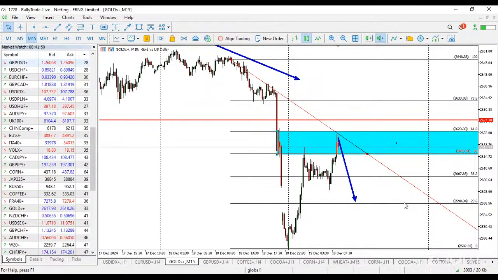So let me just give you like 30 seconds for questions on this gold. So if you have a trade already on gold, let's have it. If you're not seeing a trade on this gold, okay, let's also have it. Then also, if you don't have a running trade, if you want to take a trade, because analysis is for